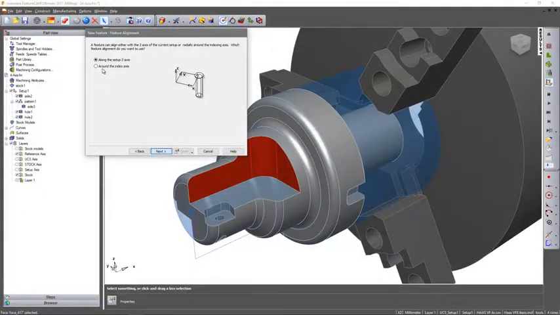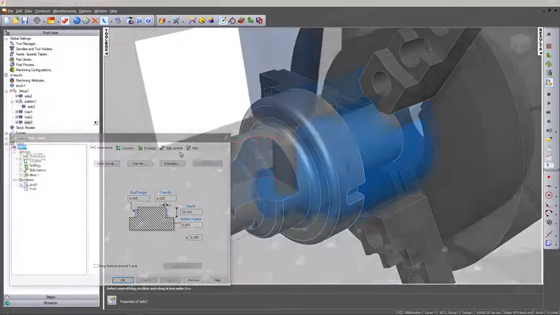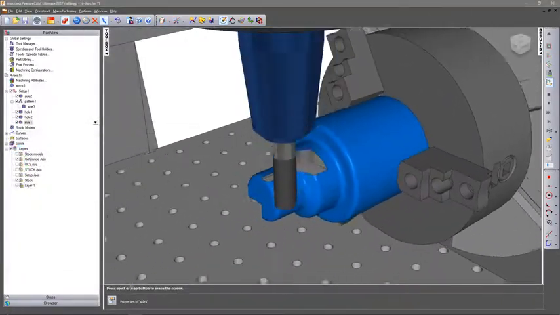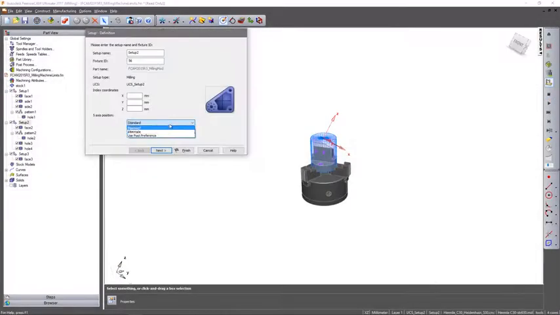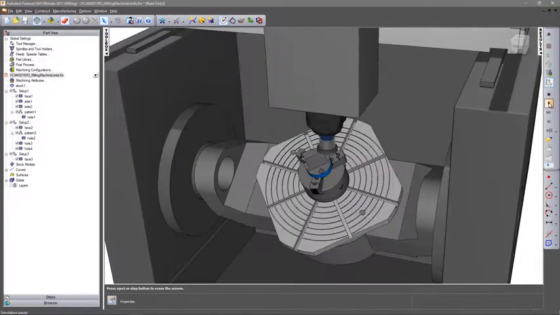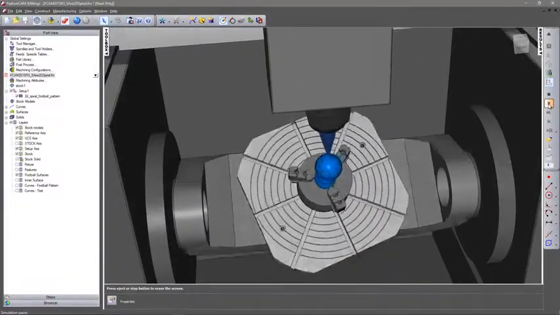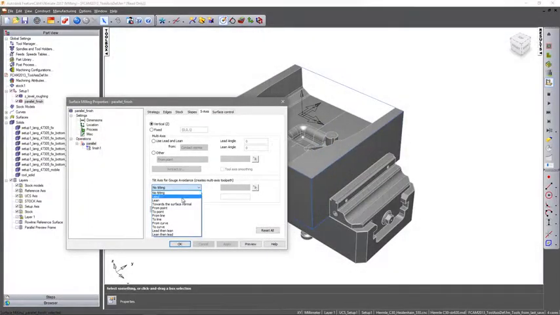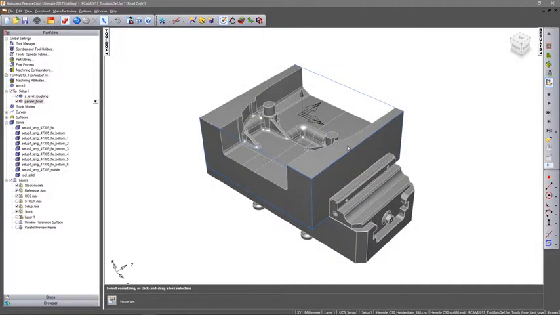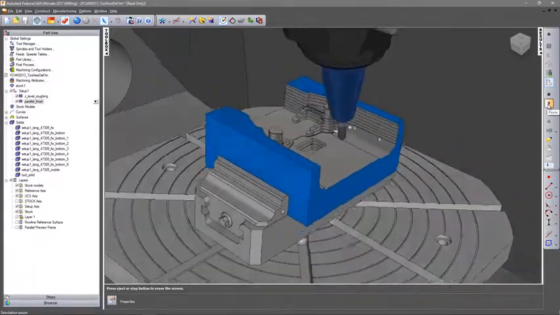With multi-axis indexing in 3+2 or 4-axis, the index angle of your machine is automatically calculated based on the orientation of your program feature, with the option to quickly use the machine's alternate position to change it. 5-axis simultaneous toolpaths can be used to continually vary the tool axis during a toolpath. Tool axis can be improved by automatically tilting tools, shortening the required tool lengths and increasing tool rigidity for a